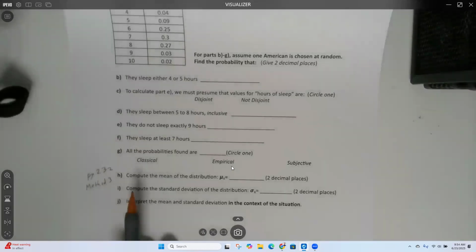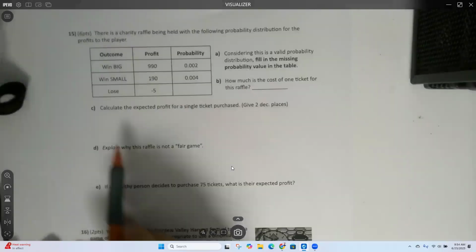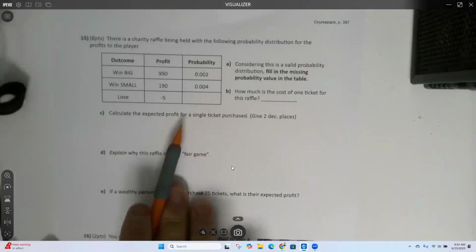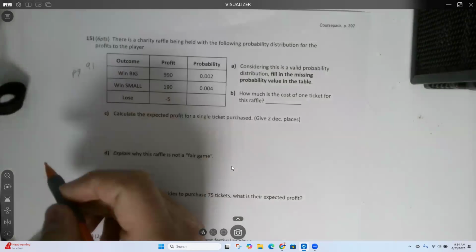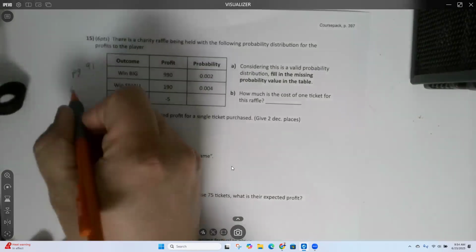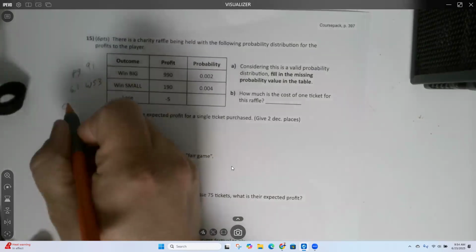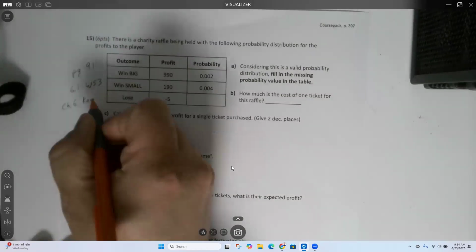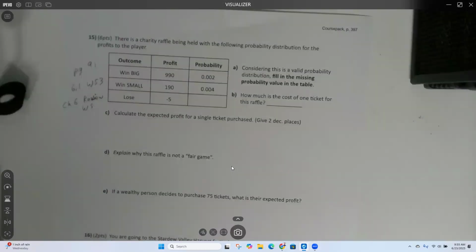All right, page 397. Charity raffle being held. Find information about this on page 91. Also, 6.1 worksheet 3, and the chapter 6 review worksheet that we worked on Wednesday. So if you need hints on that,